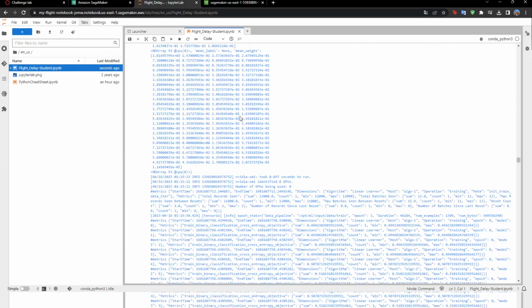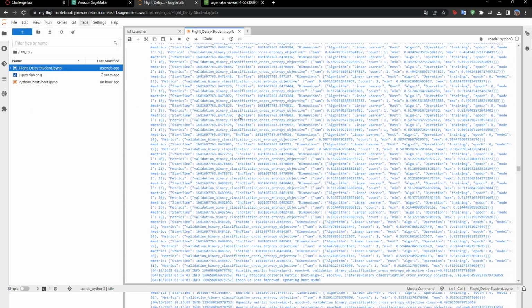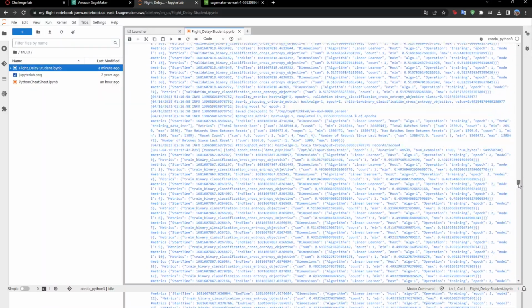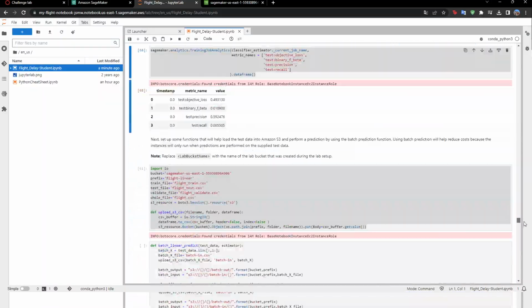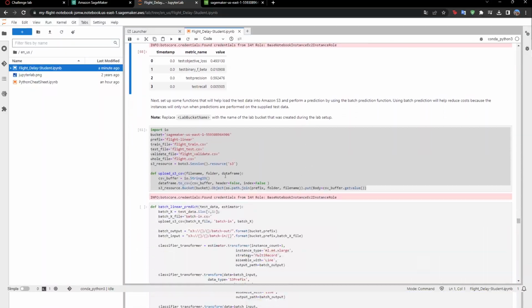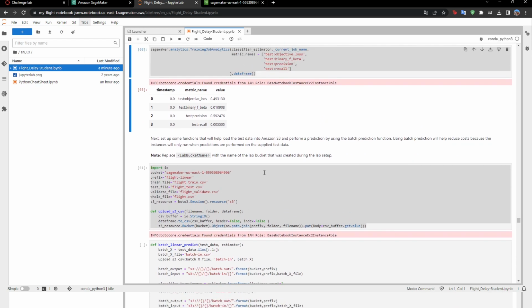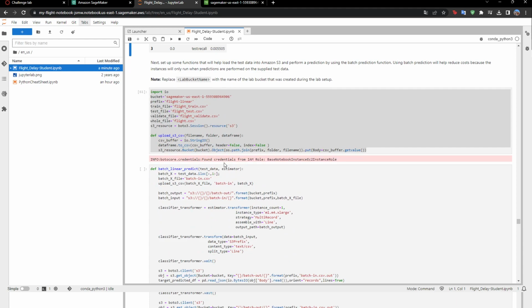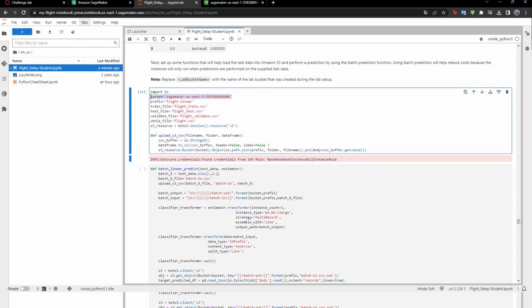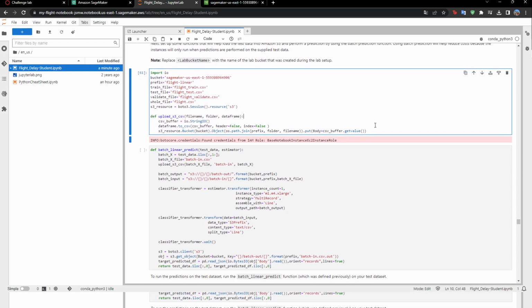Now I hope we are gonna continue from here by testing our data, and in testing I have already shown how to change here, and let me run here